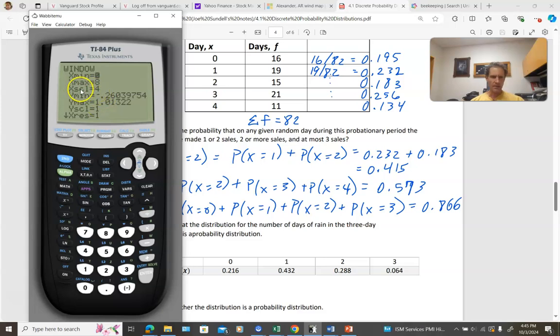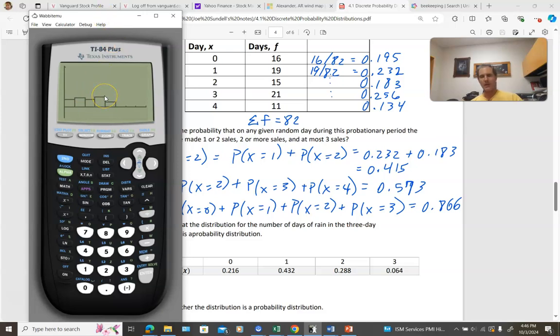oh, right here, this x scale, I don't want that to be 4. I need that to be 1. That means that I want this to go in increments of 1. Okay, so letting x be 0, then 1, then 2. Okay, not in increments of 4. That's why that was looking so weird. Now I'm going to go to the graph, and now we can see something that looks more like a typical